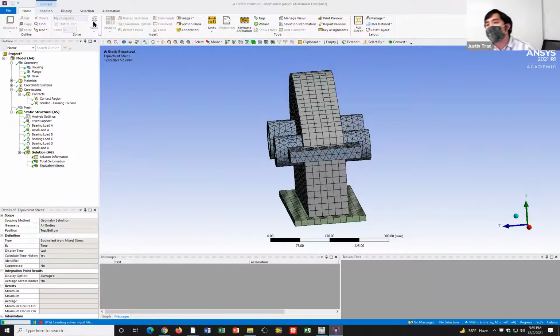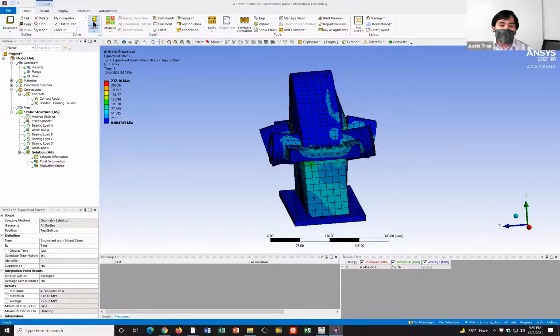For the modal part, is it basically like a copy paste of the model and the engineering data from the previous, right? Oh yeah, actually, we're going to link the modal analysis with the static structural, and so it'll import those things automatically. Oh, really? Yeah, so that's why we're spending a lot of time on this right now, so we don't have to reset it for the modal. Yeah. Okay, thank you.